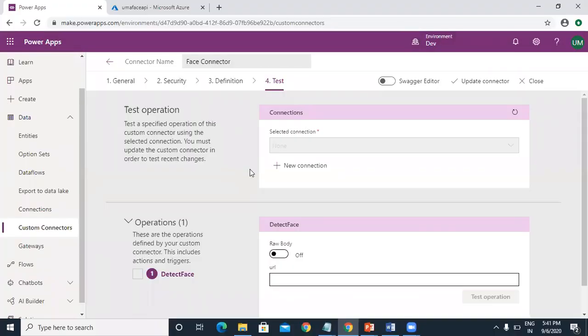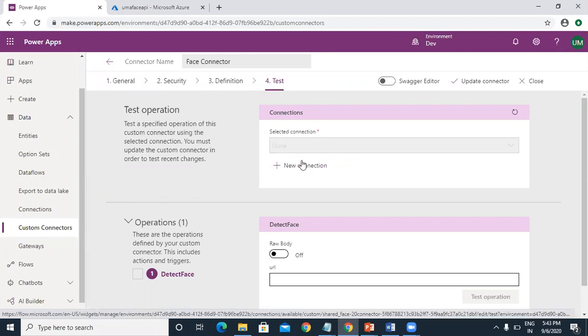So once you save your connector, then go back to your custom connectors. Once you have saved, you can see your custom connectors once you click on edit and click on the test.